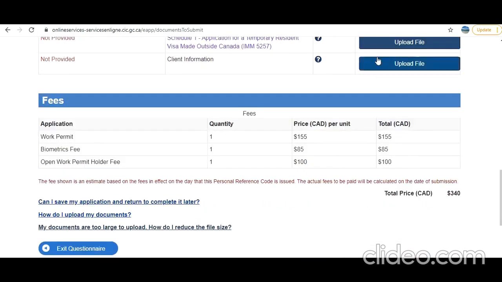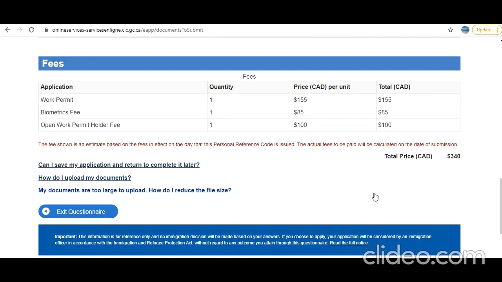Before I end, once you complete all these mandatory sections, you get the next option. You click there, and then from there you put a digital signature by answering a security question and typing your full name, and then you pay the fee. Because it's a sample video, I'm not going to do that.